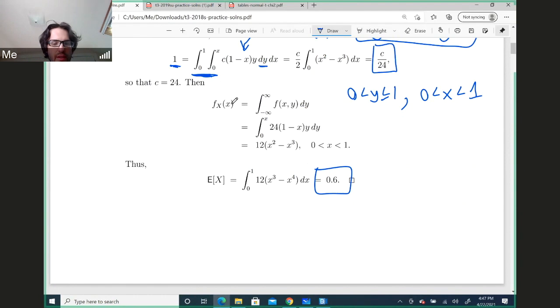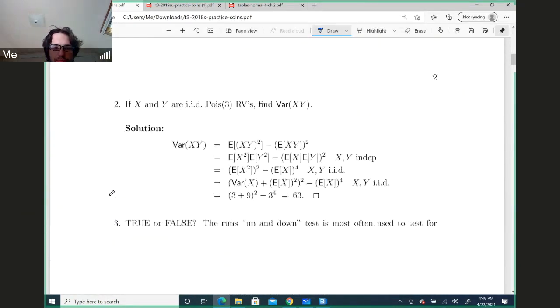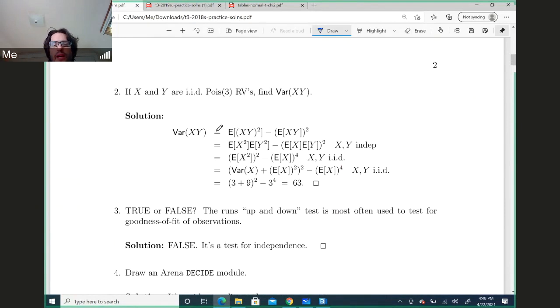Great. Cool. So question 2. If X and Y are IID Poisson 3 random variables, find the variance of X times Y. So in this case,